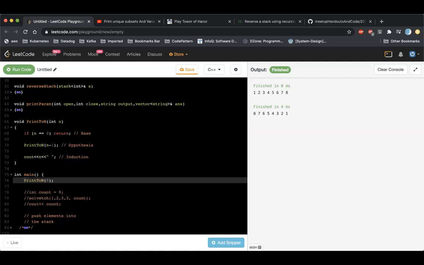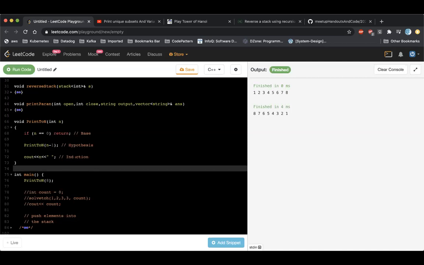So let me run this and see this hypothesis induction base, and now when I run it, oh, sorry, it prints the numbers, right? So that's the idea. So with that idea, we can pick one of the problems, and